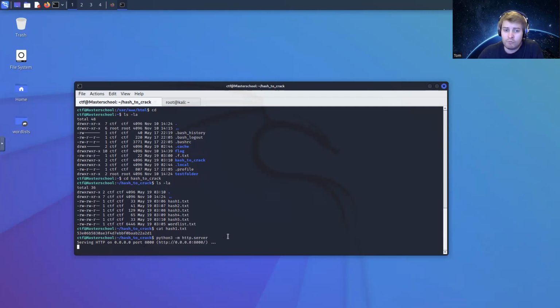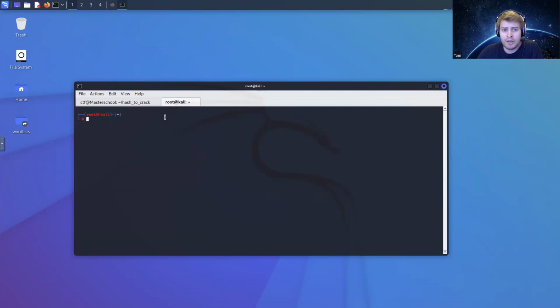Great. What does that mean? Okay. It means I can connect to this port and be at this location. This port is at this location. So I can move over to my root at Kali, and I could use wget now to get files from a web page, and I could specify its